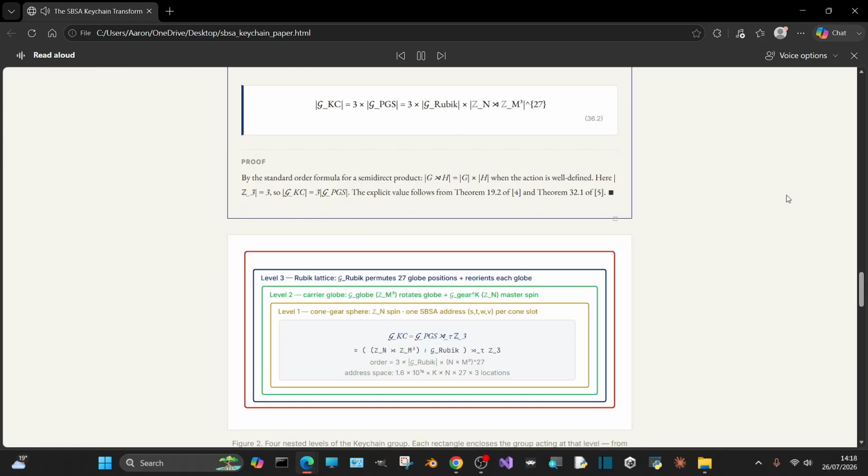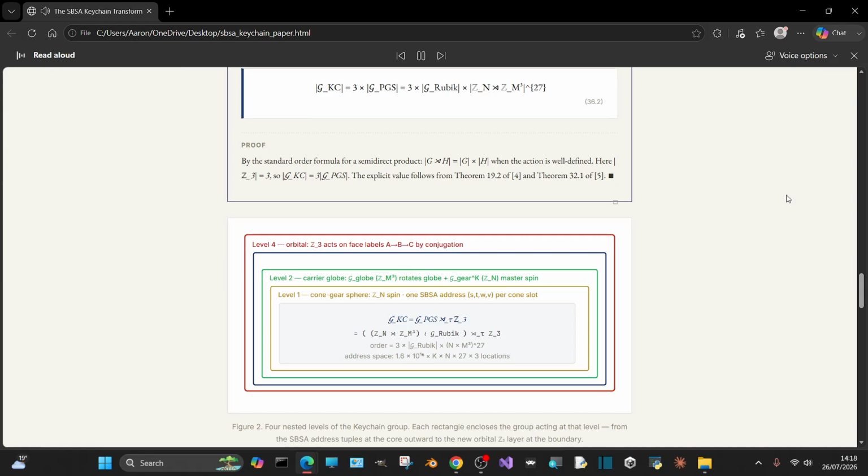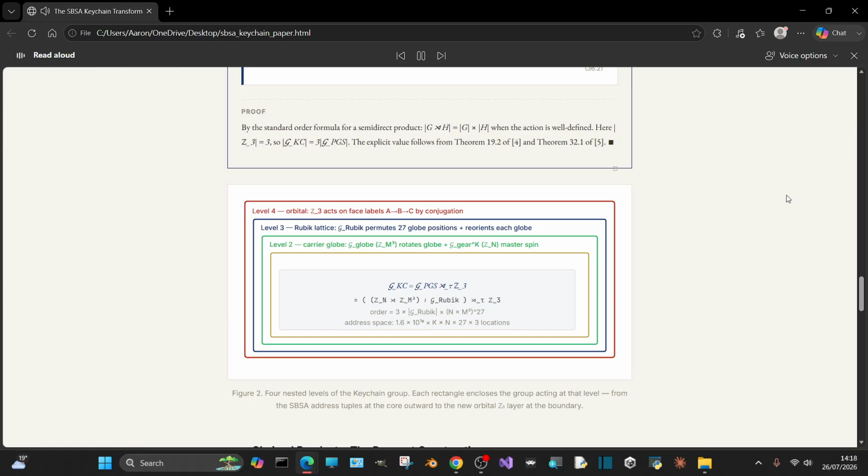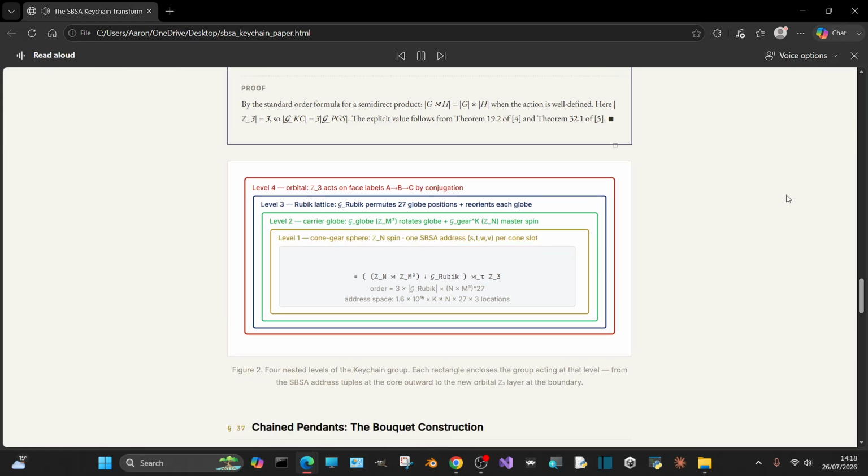Level 4, orbital, _3 acts on face labels ABC by conjugation. Level 3, Rubik lattice, _Rubik permutes 27 globe positions plus reorients each globe. Level 2, carrier globe, _globe, _m cubed, rotates globe plus _gear caret K, _n, master spin. Level 1, cone gear sphere, _n spin times 1 SBSA address, S, T, W, V, per cone slot. _KC equals